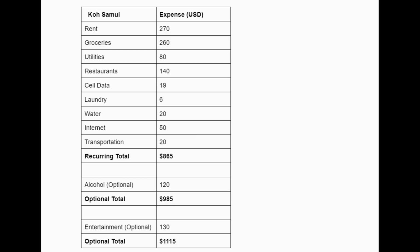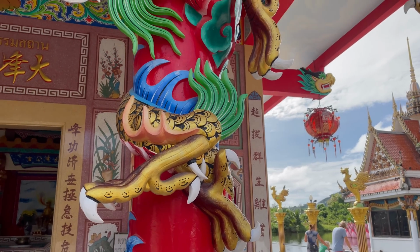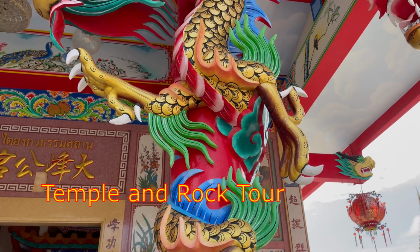$865 per month. If you add optional alcohol of $120, that would bring you up to $985 a month. And if you add optional entertainment for $130, that would bring you up to $1,115 per month. This is our estimated cost of living if the two of us move to Koh Samui on